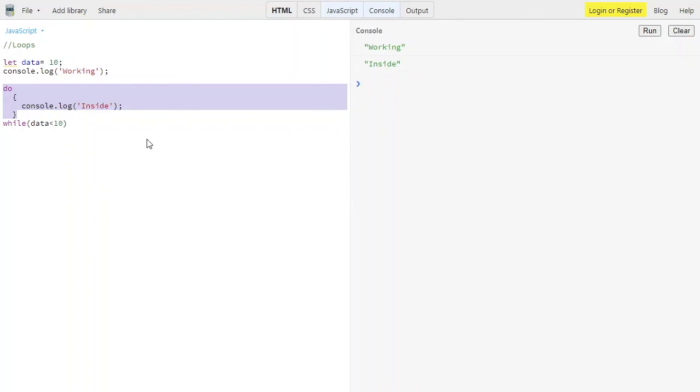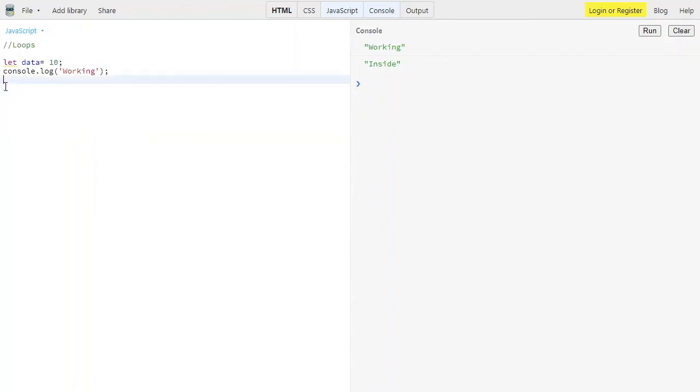And then we have one more thing, the break statement. So let me show you. We have while data is less than 10, and let me initialize it with 0.